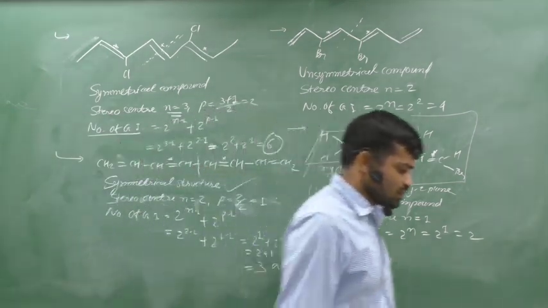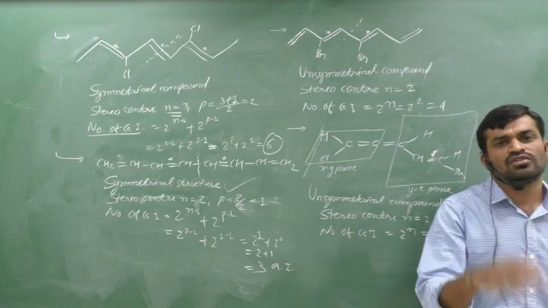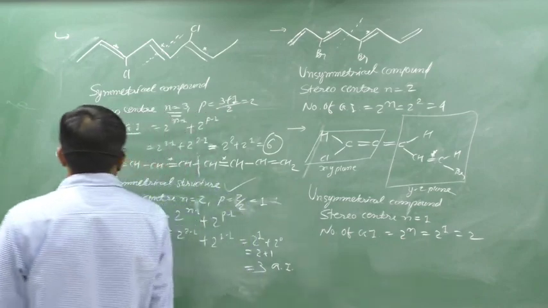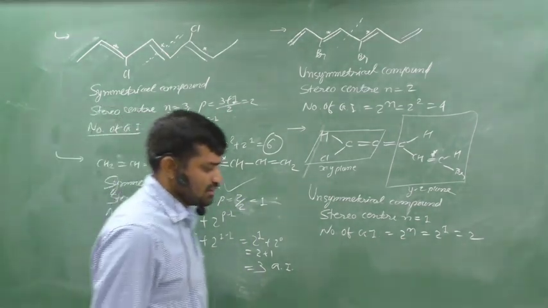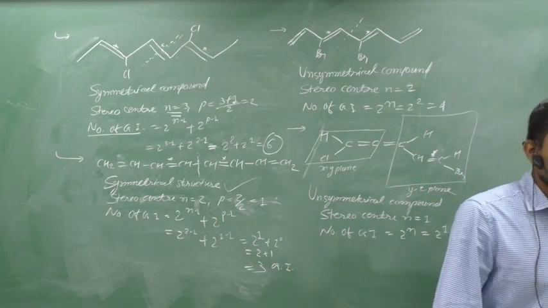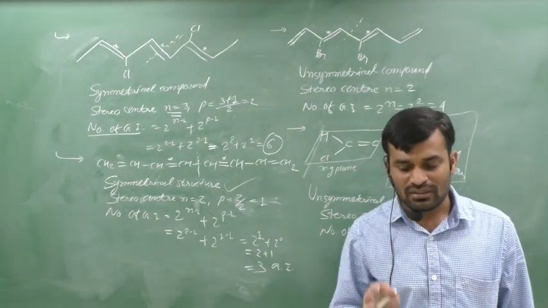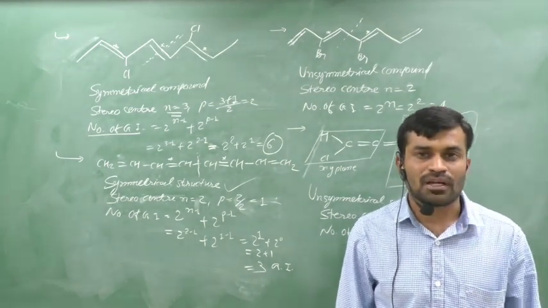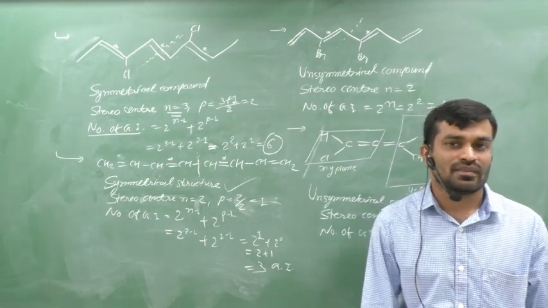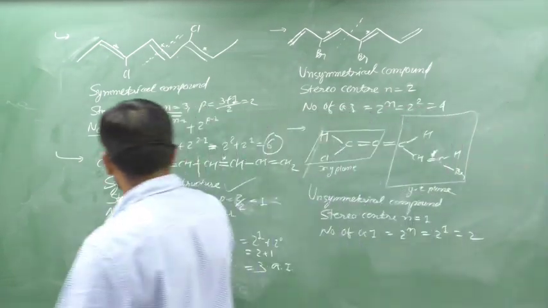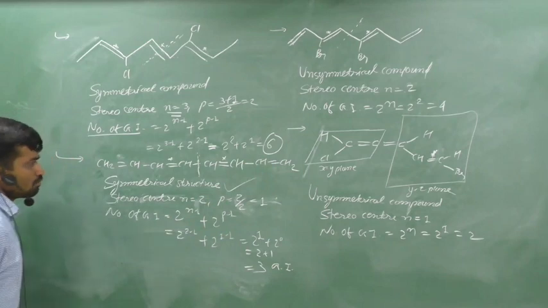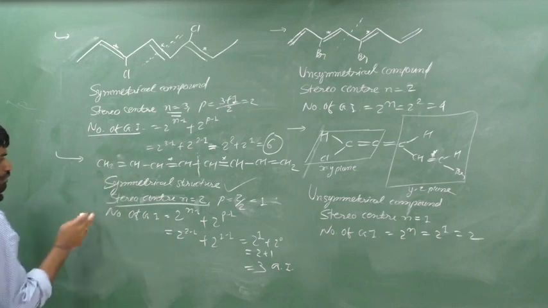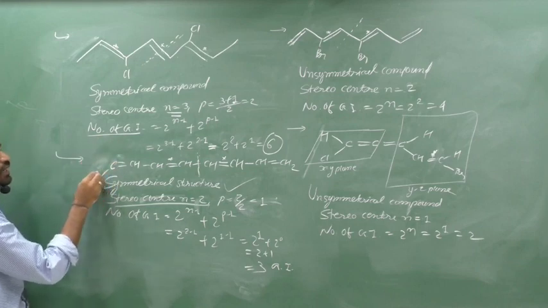Now the very important task is: how many stereo centers are there? How many stereo centers are there? Many students understand that the number of double bonds is equal to the number of stereo centers. No. We can also check the second possibility, which is different groups of carbon present on the double bonded carbon. Yes or no? We have 4 double bonds, 1, 2, 3, 4. But the number of stereo centers is equal to 2, not 4. Why? Because if you think about it, it is C, H and H.